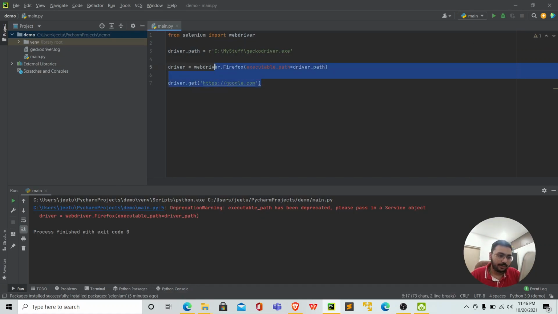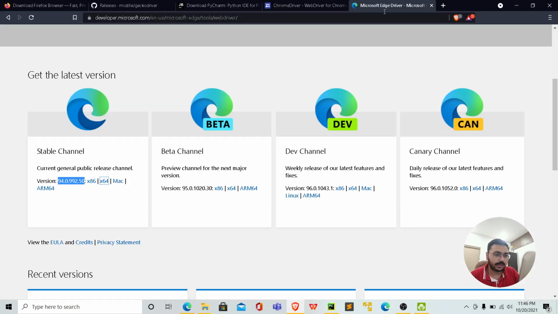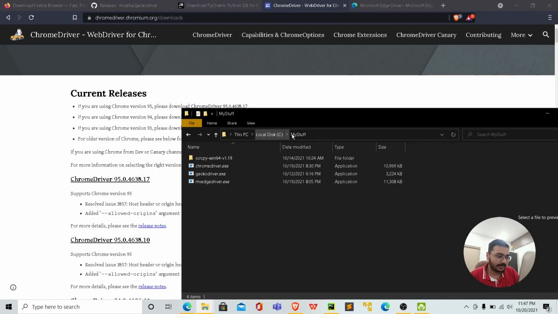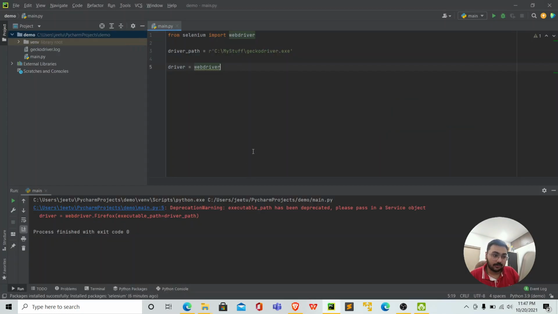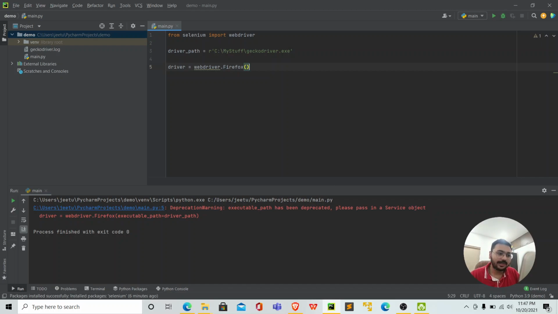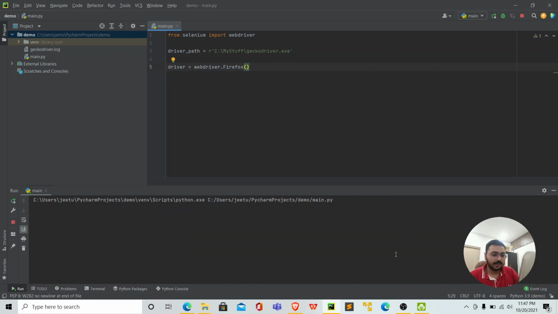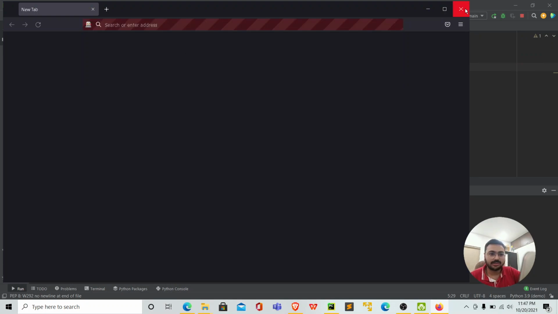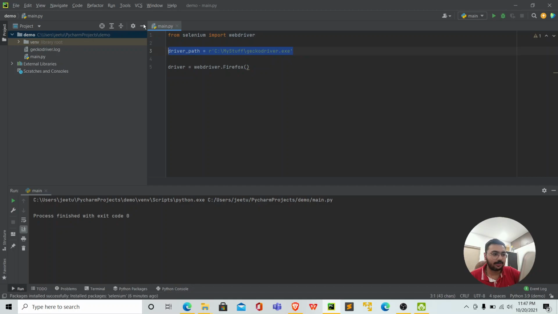Now if you are using Firefox, then this is the setup. If you are using Chrome, you can download the Chrome driver binary from here. I have already downloaded it, and it is in my stuff location, and I have even referenced it so that I can use it globally. So even if you don't provide this path, your system will automatically find the path of it and load it up. For me now, I'm not providing the path, so by default it will find it on its own, and it is loading it up. See, this is the advantage you get: you need not remember your driver path.